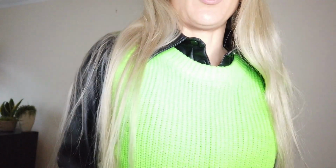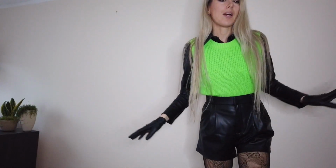Okay, so I had to change and record that the other day. Today I've got the shirt from Zara. This is a leather shirt, very nice. The waistcoat in the green color from H&M. So my old outfit, also I will show over here. Also the shorts from Zara. The old outfit is quite funny maybe, but I think about this color because